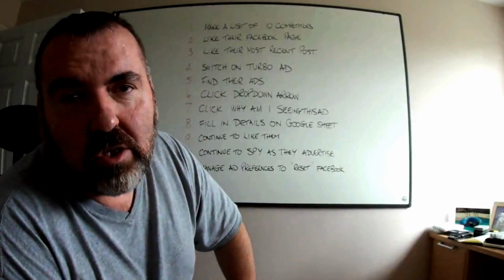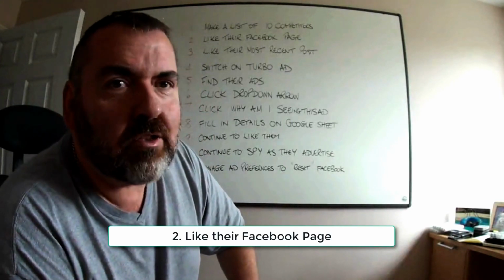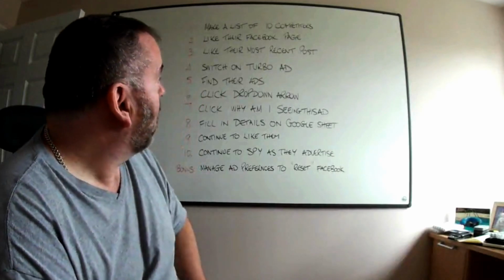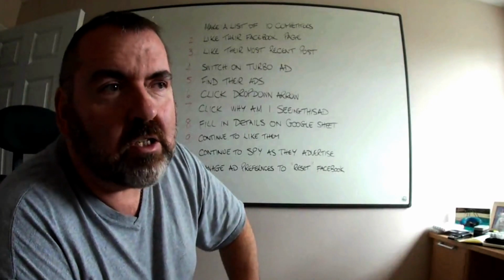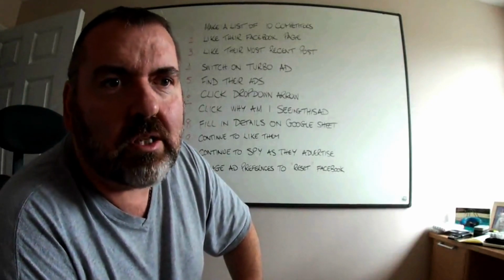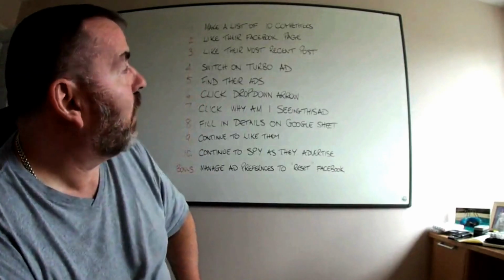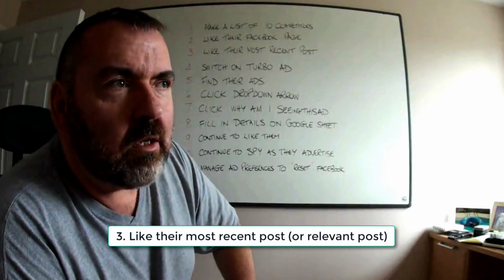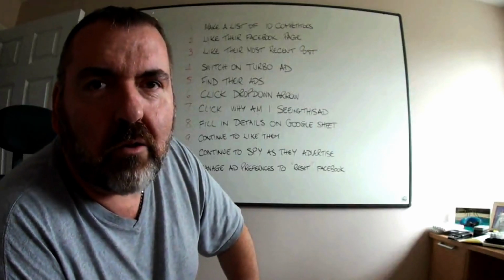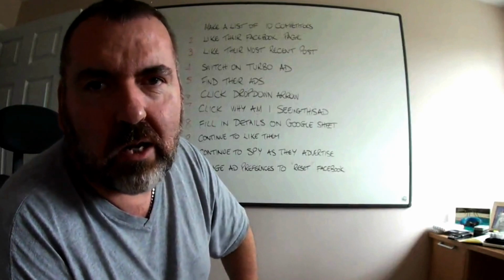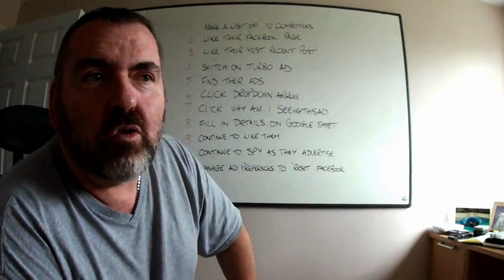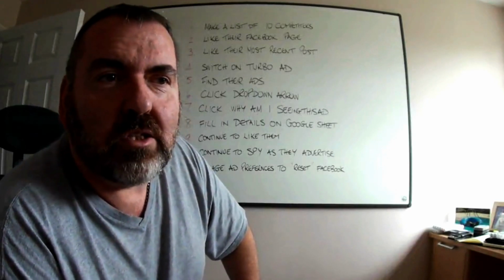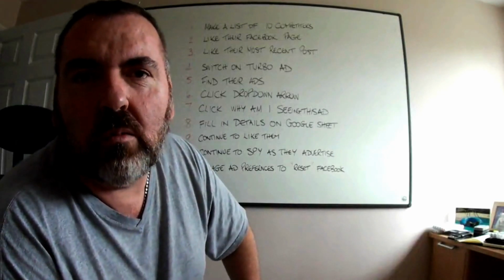So the next thing you need to do is like their Facebook page. Again, sounds obvious that that would be the next thing you would do. The reason we need to like their Facebook page is we want to see what ad strategies they've got running on Facebook. If you like their most recent post, you'll find that quite quickly after that you'll start to see ads appear if they're running any ads on Facebook. Out of your 10 competitors, maybe 5 of them are doing ads and 5 of them are not. There's no rhyme or reason to it,